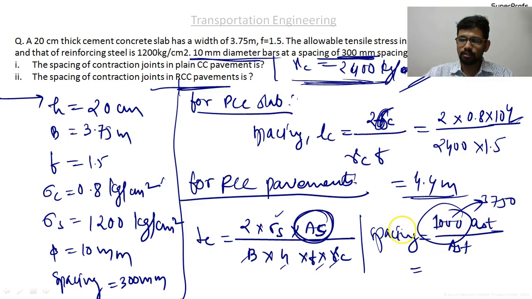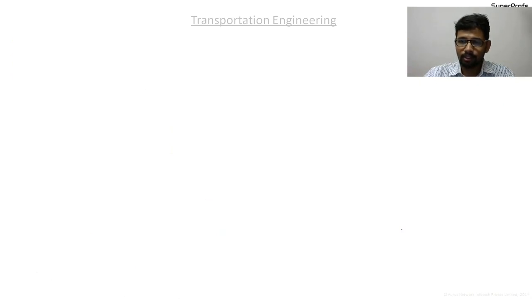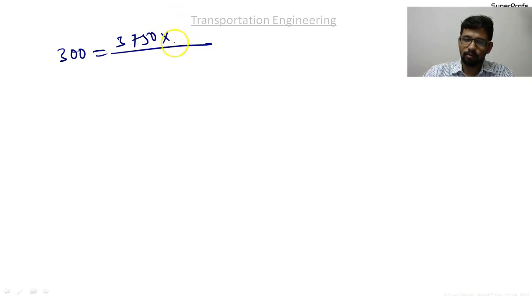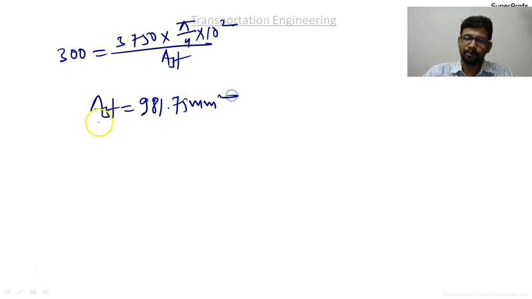So across this the area of steel provided: spacing is 300 equals 3750 into pi by 4 into d square upon AST. So here we get AST is equal to 981.75 mm square,